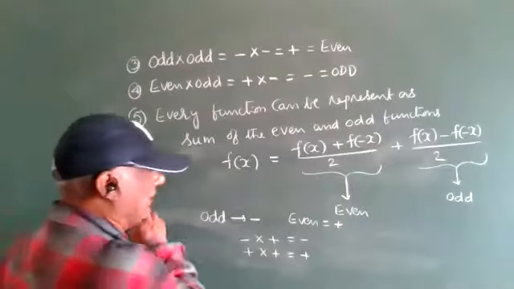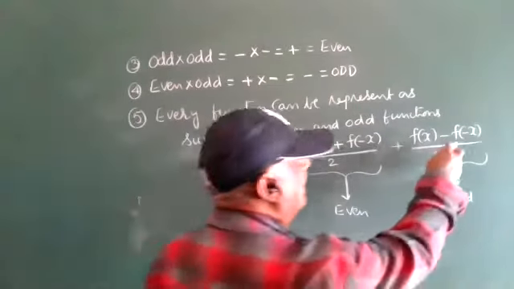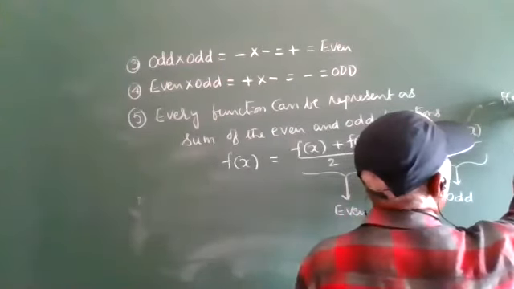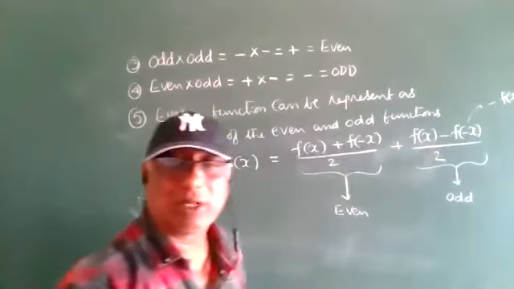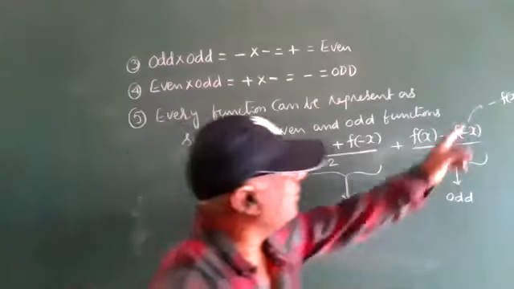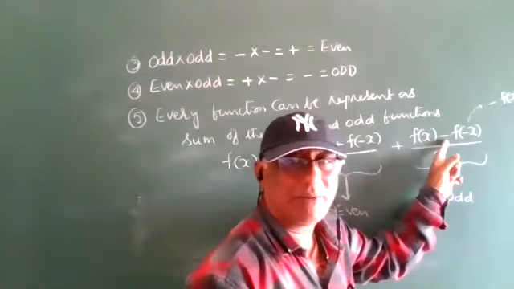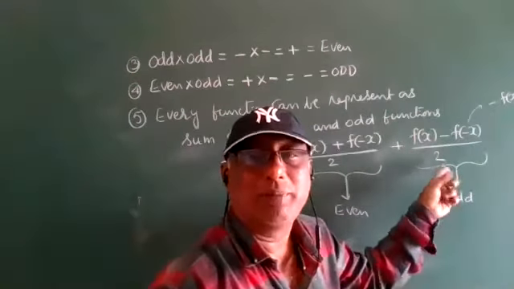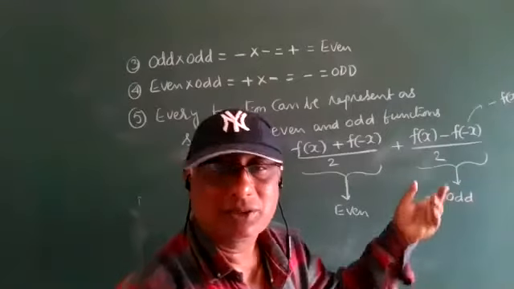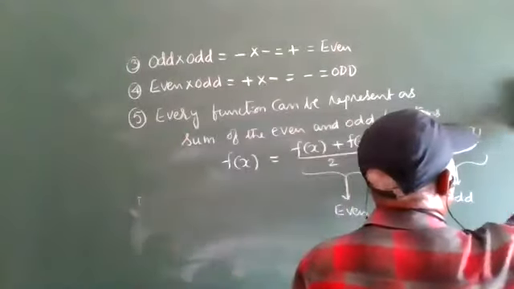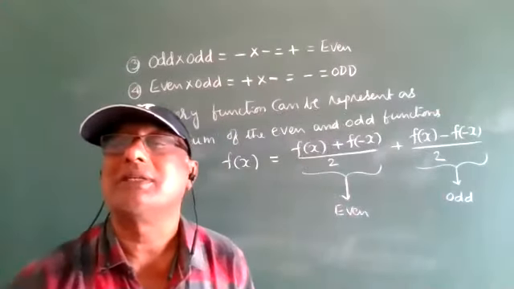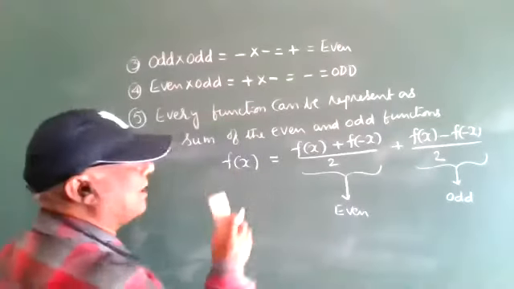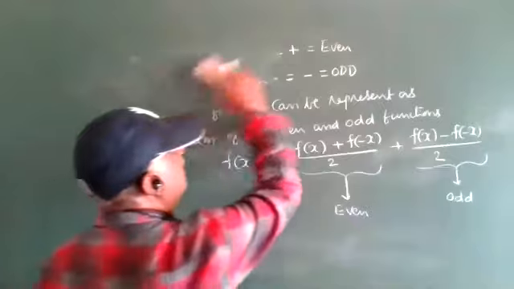Once again, you can see, by the odd function definition, what is the definition of the odd function? F of minus x is equal to minus f of x. Minus minus will become plus f of x. F of x plus f of x is 2 f of x, 2 will be cancelled, and it becomes f of x. So in an odd function, f of minus x is the minus of f of x. Is it clear? These are the points about the odd function.